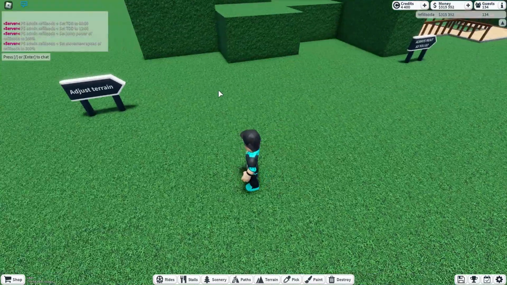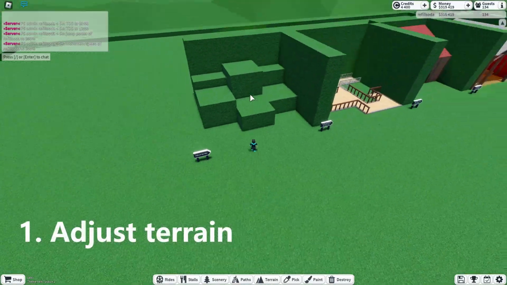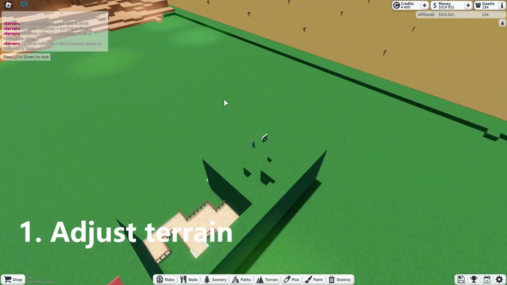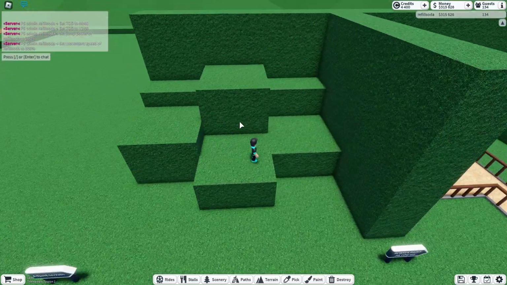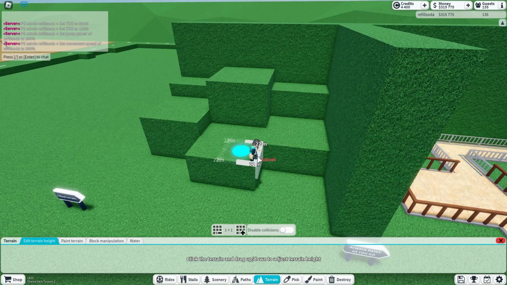So the first one is adjust terrain. Having a flat terrain like this is boring, and the next step is to have something like this, where you have raised terrain. But that's still not enough. If you go into the